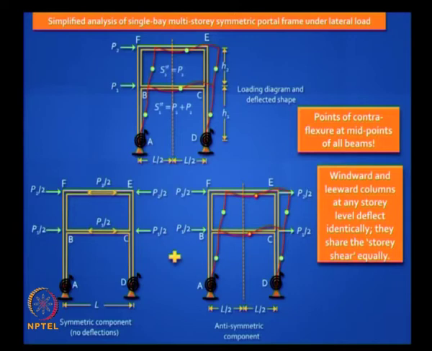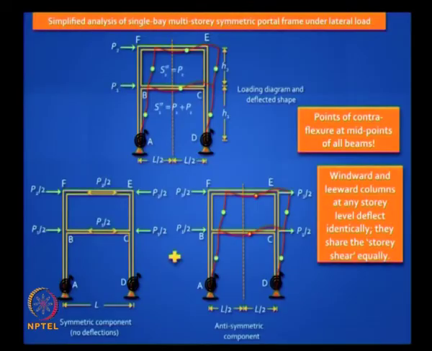You recall this last slide which we showed at the end of the previous class, and you realize that if the frame is symmetric, due to the applied lateral loading, you are bound to get points of contraflexure at the middle of all the beams, but we are not sure about the points of contraflexure in the columns, the location in the columns. This structure is statically indeterminate, and it would help if we could reduce or entirely remove the indeterminacy. So the idea is to do a quick approximate analysis.